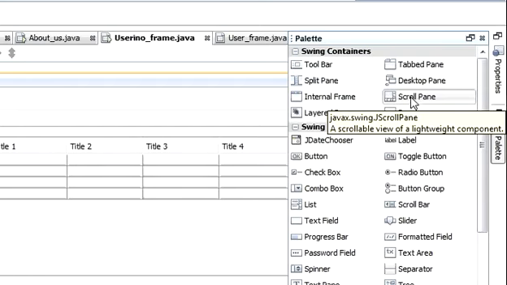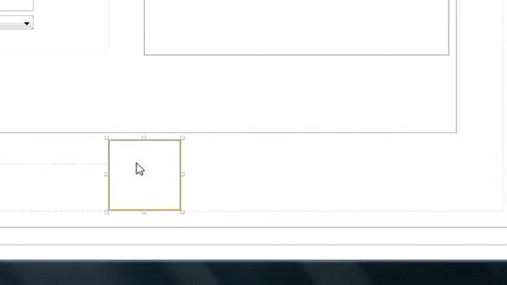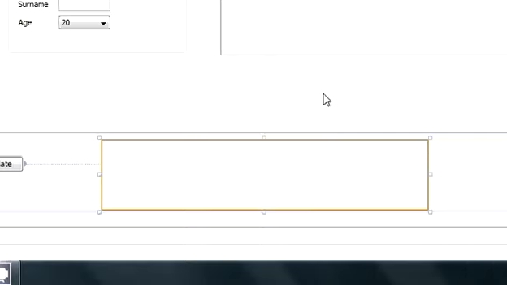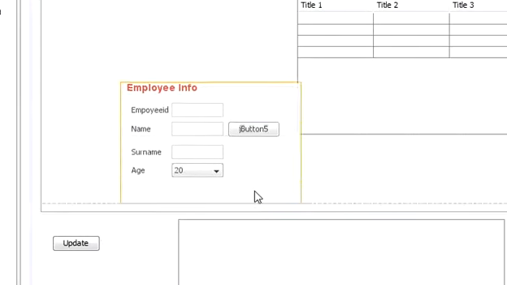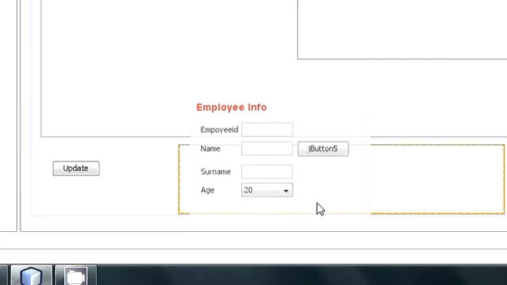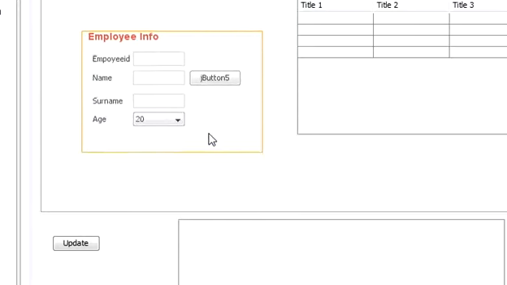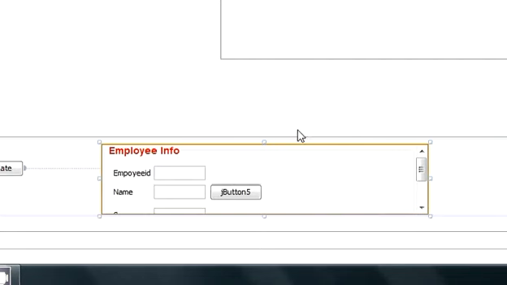So this is the scroll pane in the palette. You can drag it and place it into your JFrame, but as it is, it is of no use. If you want to use it, you have to put something inside it. For example, I dragged my employee info panel and placed it inside my scroll pane, and when I run the program